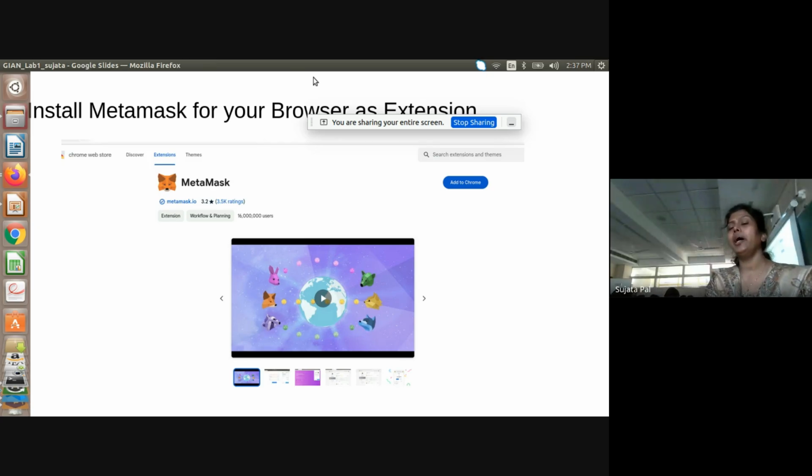Then you go and add to Chrome. You have to select add to Chrome. So if you are using Chrome, then you have to add to Chrome, or for the Mozilla browser, whatever you are using, you have to do that, for creating the wallet.